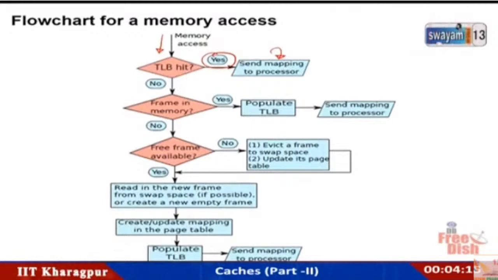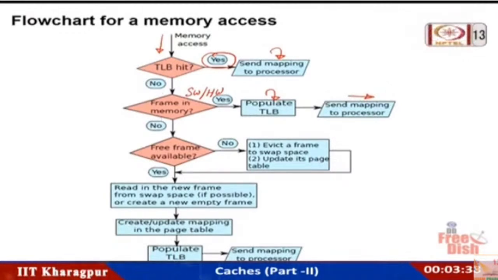If there is no TLB hit, then we try to see if the frame is in memory or not. So how do we do that? Well, we walk the page table and see whether the frame is there in memory. Walking the page table is done either by software or hardware, and if the frame exists in main memory, then the software or the hardware populates the TLB and sends the mapping to the processor. Otherwise,